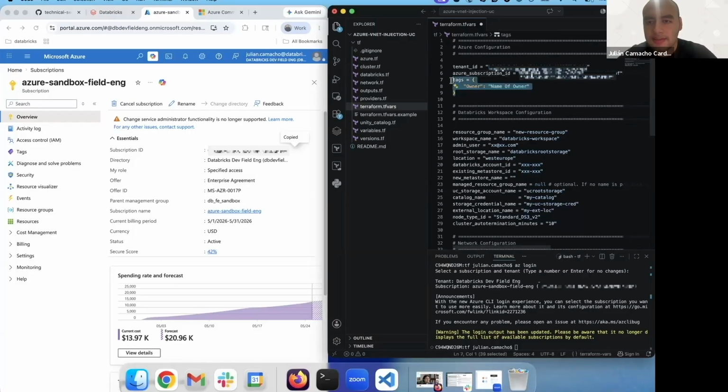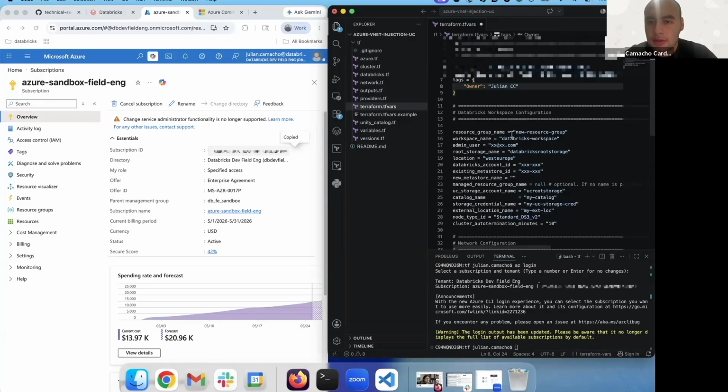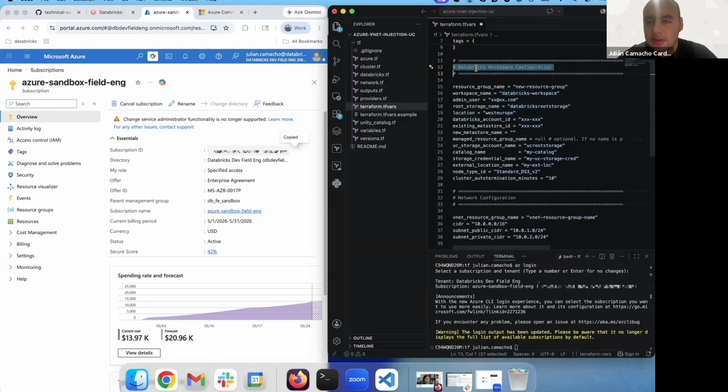You can have multiple tags. In this template, you have the owner tag by default. So I'll change it to my own name. Workspace Databricks configuration. Resource group name, I'll call the resource group fully DVX RG, which will be short for Fully